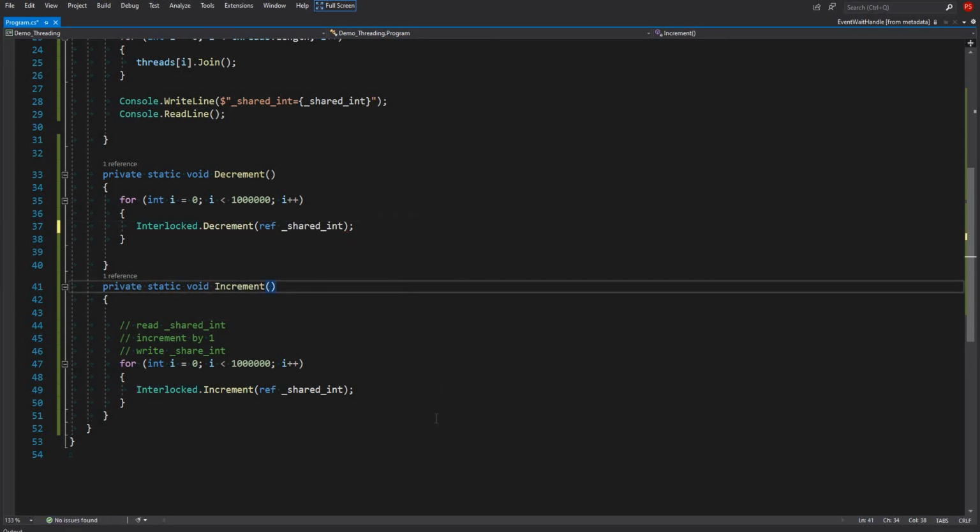So if you have these kinds of small things, then you never need to actually use lock. Always use these Interlocked methods. They are mapped to some hardware locking behind the scenes.